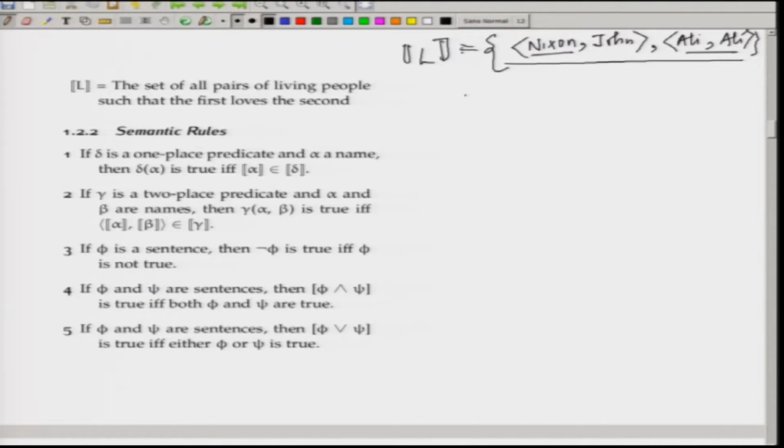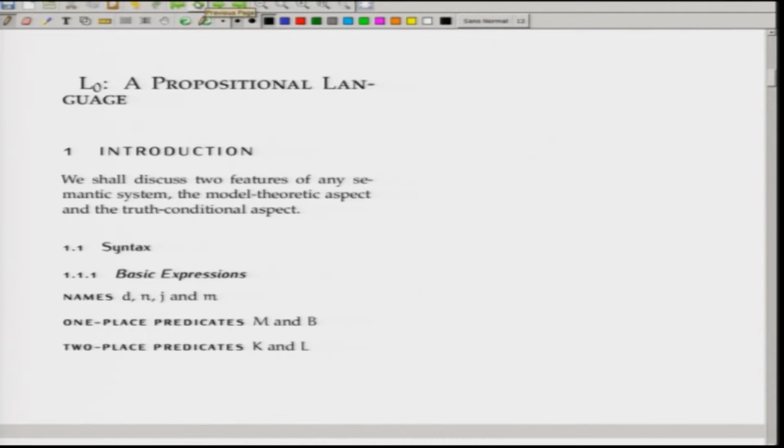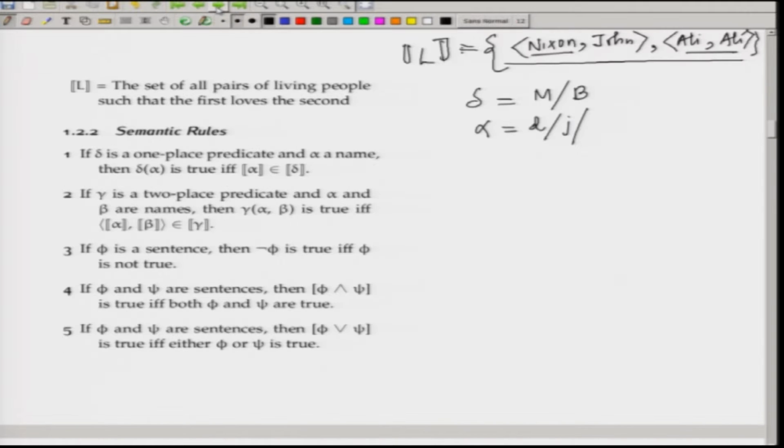So, we start. If delta is a 1 plus predicate, then, since we have just two 1 plus predicates, delta can either be M or B, and alpha is a name. So, alpha can be D or J or whatever. I think our names are D, N, J, and M. Yeah, N or M. So, if we have a sentence like, say, M N,